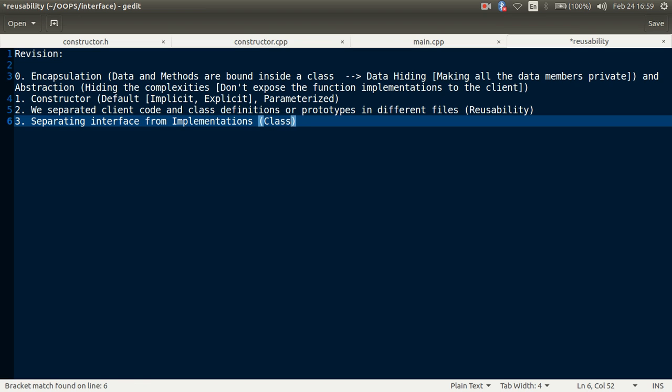First, the class file was separated into two files: one was a header file and the second was a CPP file, or we can say an implementation file, a file with definitions of all the functions. And then there was another file, which was the client code with the main function.